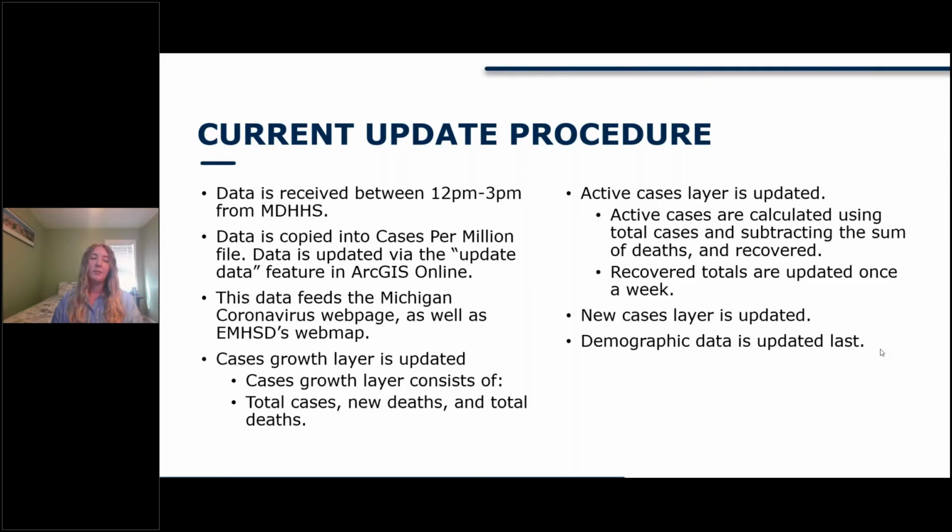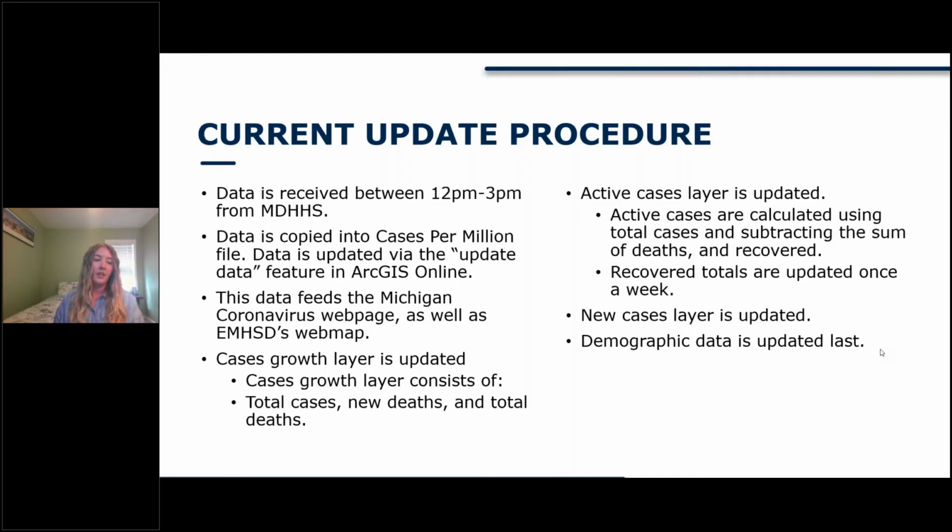And we were using ArcGIS Maps for Office with this initially, but as we use it frequently and we use it while we're VPNing and we use it on a shared drive, it can be a little bit glitchy. So there were times that we did the update and it changed the county shapes to triangles. To correct that issue so it didn't happen again, we use the update data feature on ArcGIS Online, and what that does is it replaces all the data that's in the layer with the new data for that day. So like I said, that data feeds directly to the Michigan coronavirus webpage, but also our dashboard. So once I complete that, our web map and their web map is updated.